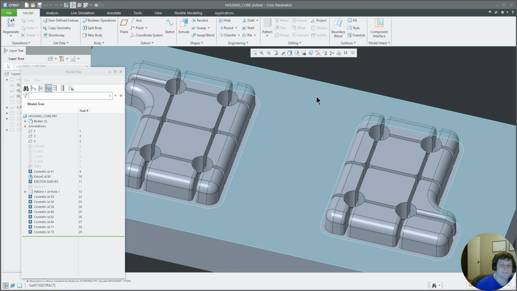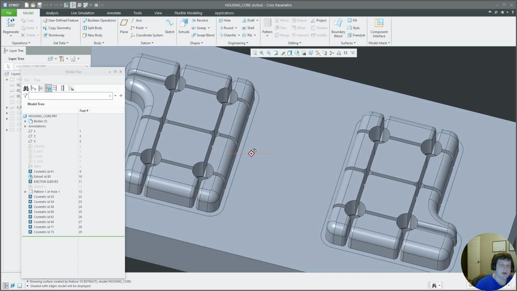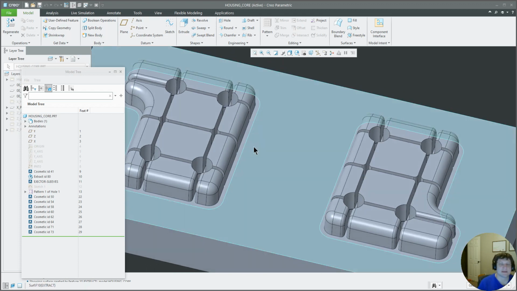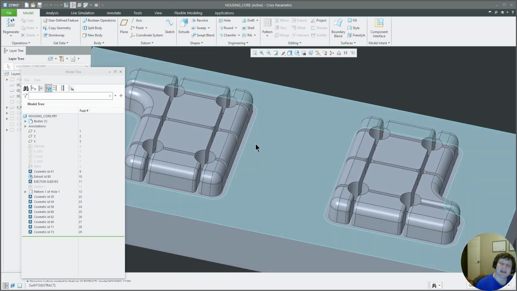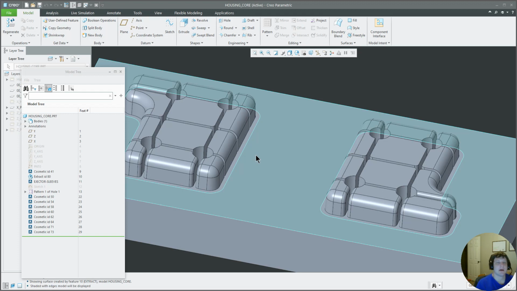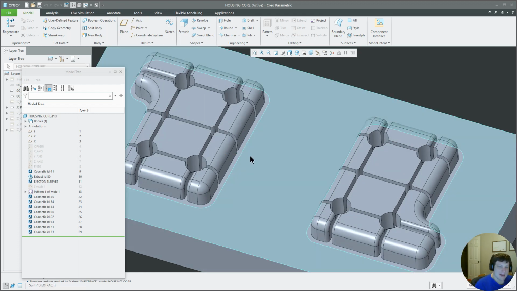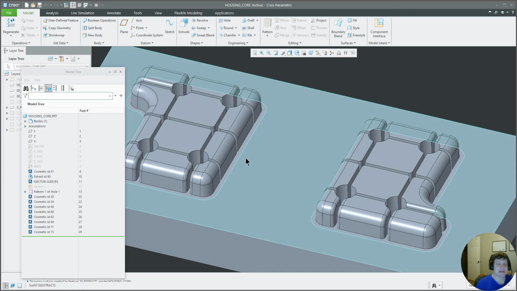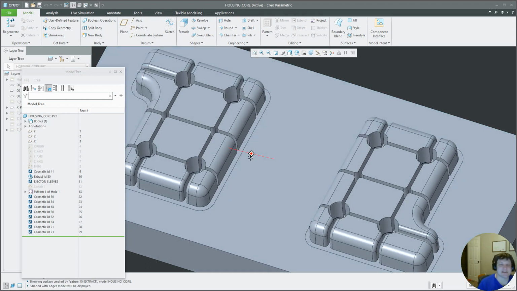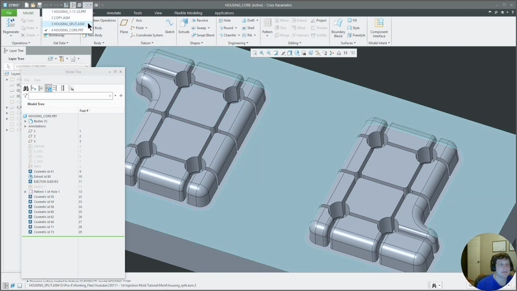So one thing is we always want the gate location, well, not always. We often want the gate location to be on the B side of the part because of ejection issues as well as cosmetic reasons. So the cosmetic side of the part is generally on the A half of the mold,